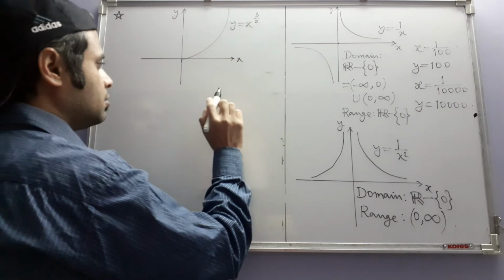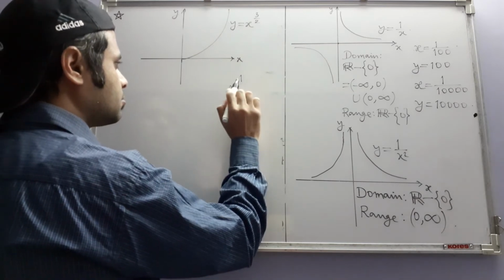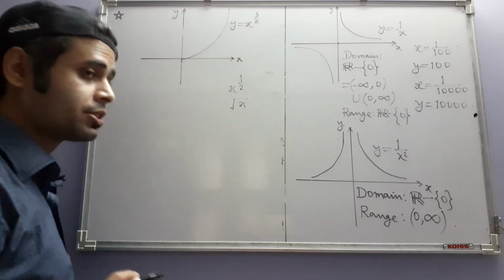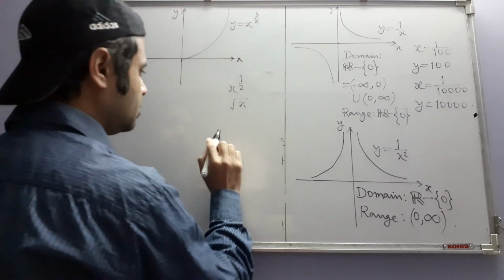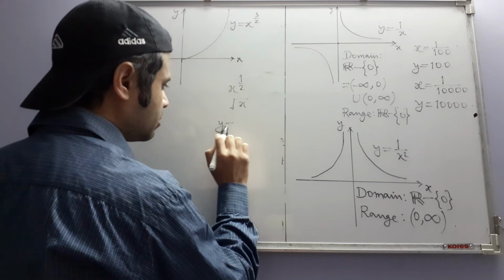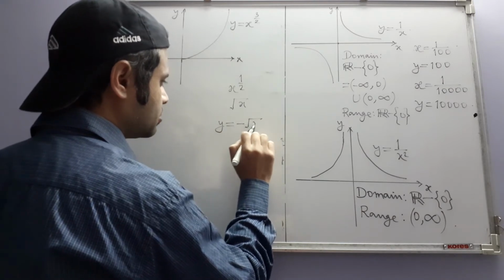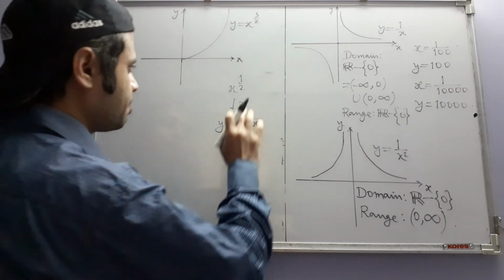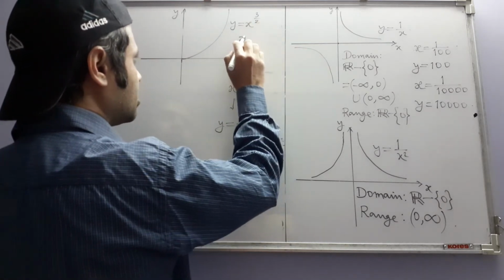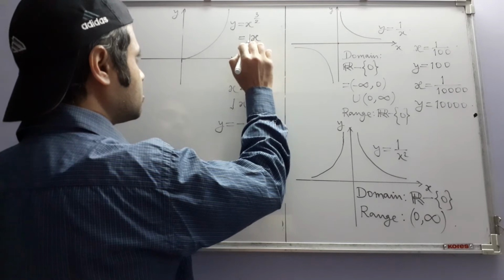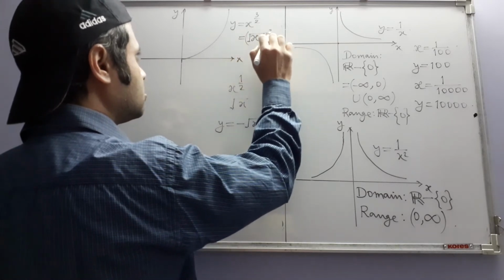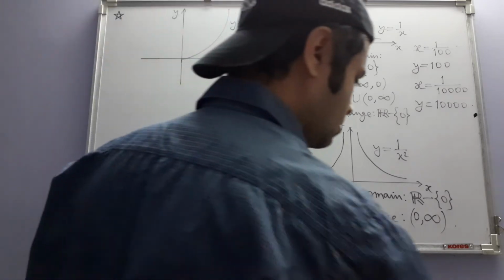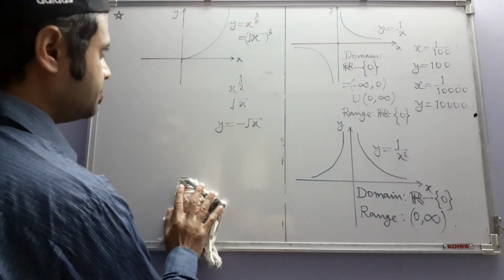But when you see this or this, that is the positive version. If you want the negative square root, you have to write like this. That is also there, that is also a function. So this is nothing but this. Okay, so in this case, the domain